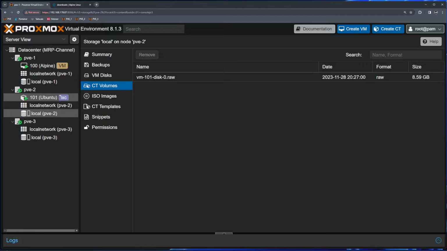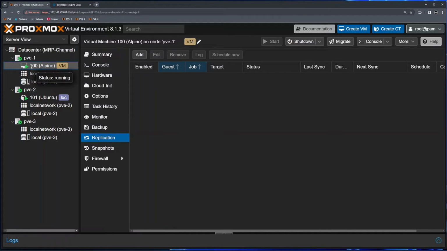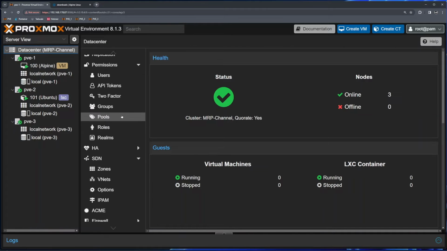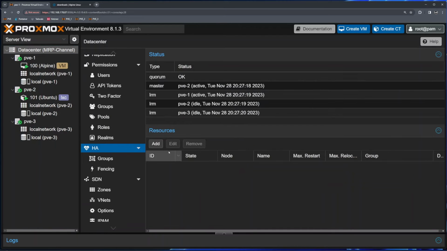So first of all, let's set up high availability, for example, on this VM. If I click on ID number 100, I will click on more, and I can choose manage HA here, or I can click on a data center, scroll down, select the HA, and I can add it here. As you can see, it's detected that I have 3 nodes, quorum is okay, and the master is being picked up as PVE2. If one of the nodes dies, the other 2 will start voting, and the VMs should automatically